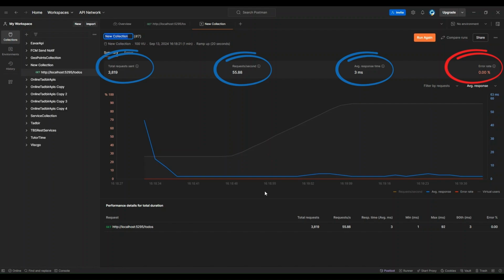This test gives a solid overview of how the system handles increased load over time, starting with 30 users, ramping up to 100, and then holding that load provides a realistic simulation of a growing demand scenario. So if you are looking to validate your API's performance under growing load conditions, this ramp up test profile is a great way to visualize how your server scales and where its limits might be. Keep tweaking those settings to match your specific use cases, and you'll have a great load testing setup in Postman.